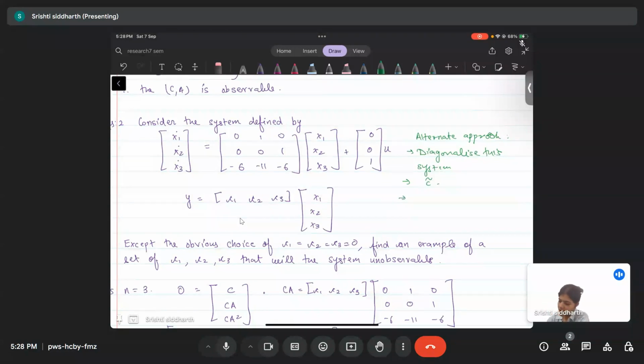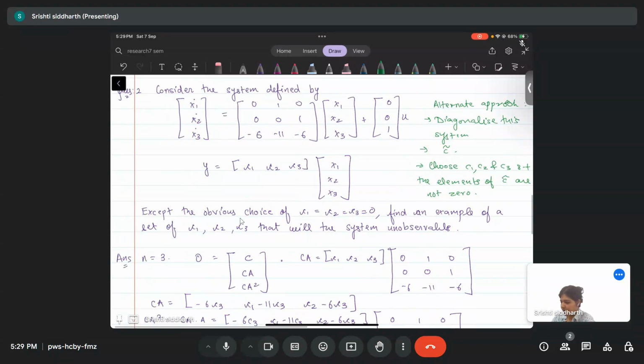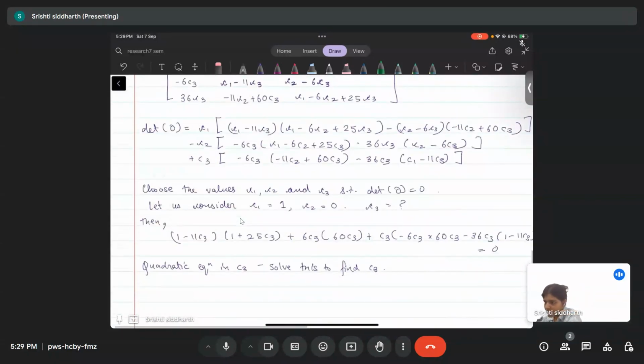That would give us a condition on C1, C2 and C3, and from there we can comment on the values of these three coefficients. So choose C1, C2 and C3 such that the components of C tilde are non-zero. Okay, if this is clear,